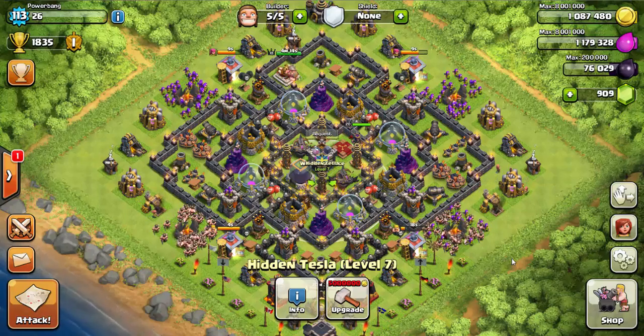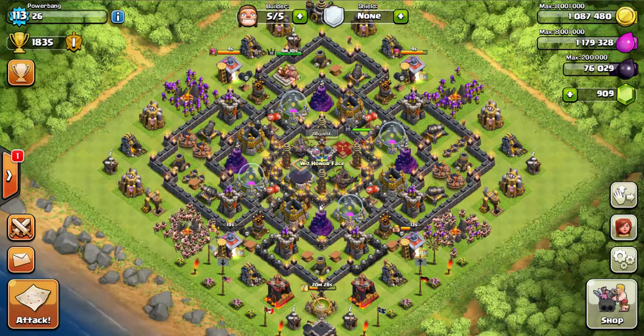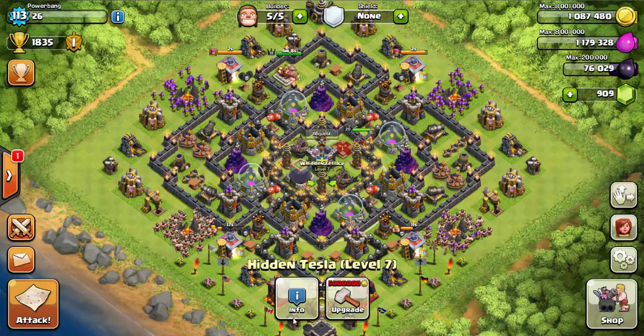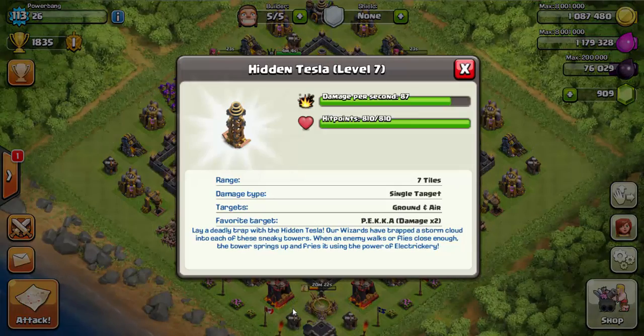I wanted to give you guys a few tips on your hidden Teslas. Now, your Teslas are one of your most important defenses for clan wars. They are one of the highest damage per second buildings in your arsenal at 87 damage per second for a max Town Hall 9 level Tesla. And it goes up from there, I believe, to 99 at level 8, which is a Town Hall 10 exclusive